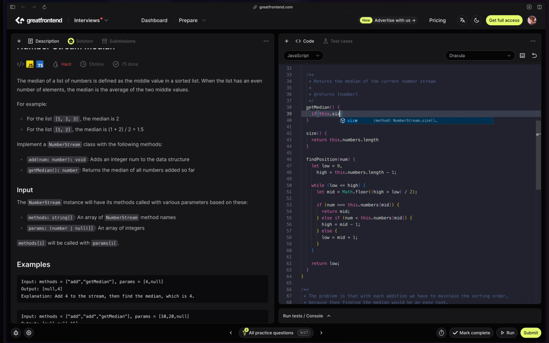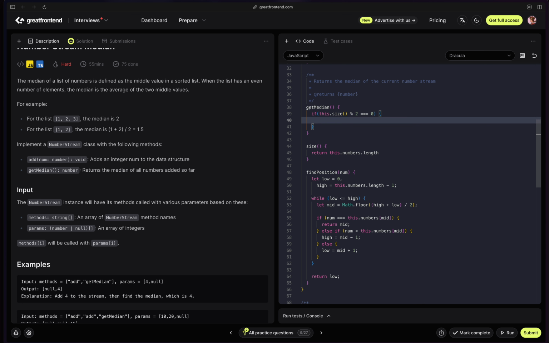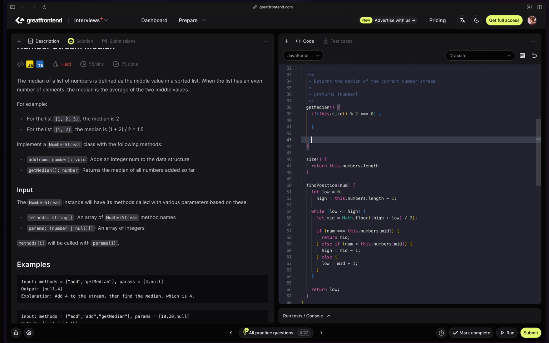If this dot size mod 2 is 0, we will call it even, otherwise we will just return the